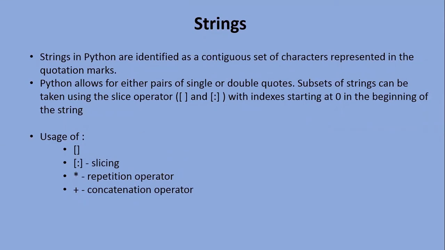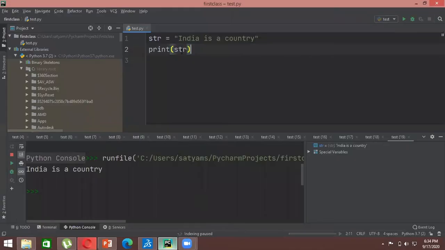Sometimes what happens is you have written a string and you forgot to add something in that string. Instead of going to that string and writing it again, you just add a plus and write the letters there as well. So we'll see how this thing works out. So for example,